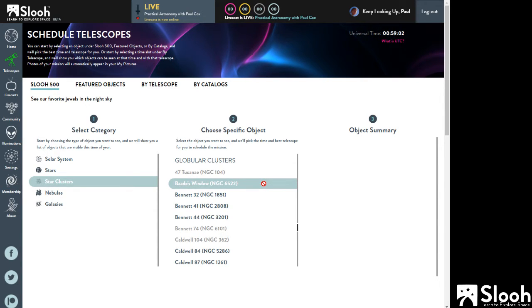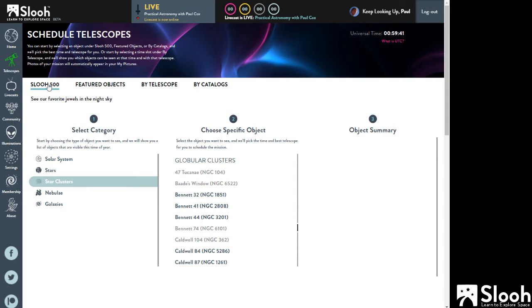Now we know when we looked it up right at the beginning of the night, by the way, this is a southern hemisphere object. It can only be seen from the Chile Observatory. And we know that at the beginning of missions, it's at 35 degrees above the horizon. So it's quite low. Now, the Slooh 500 method of choosing objects, because this is primarily for apprentice members, adds on some criteria that the object has to be a certain height above the horizon,